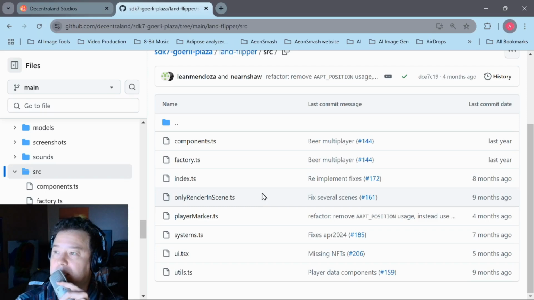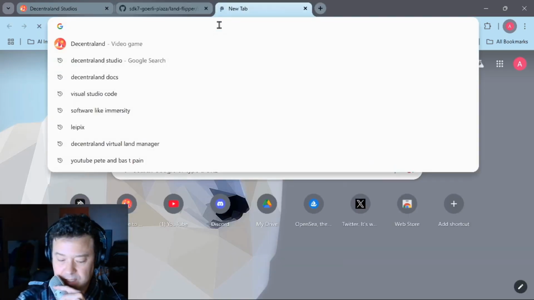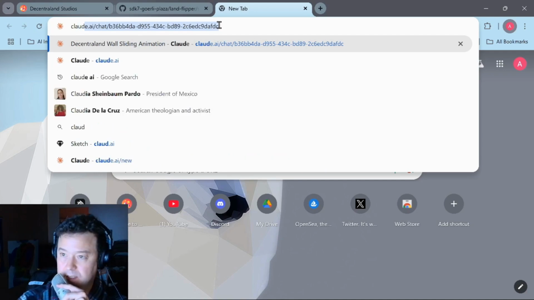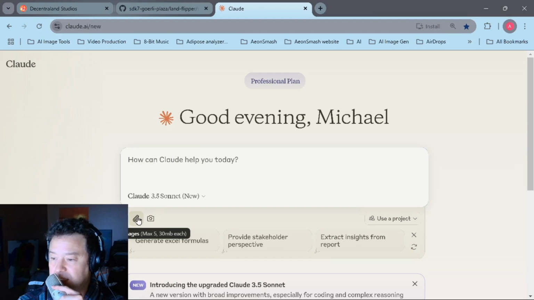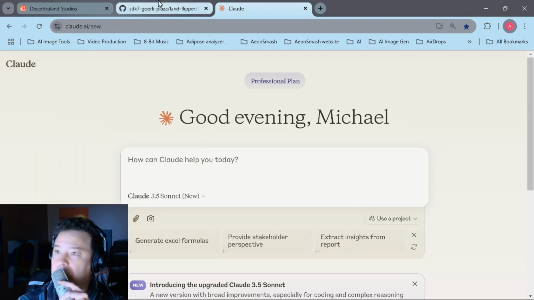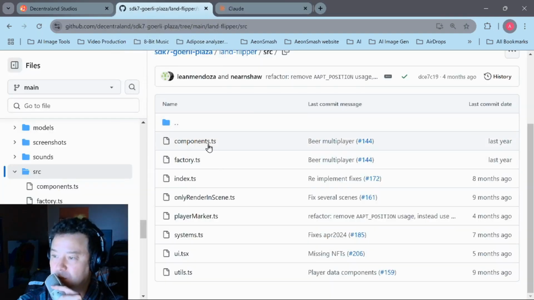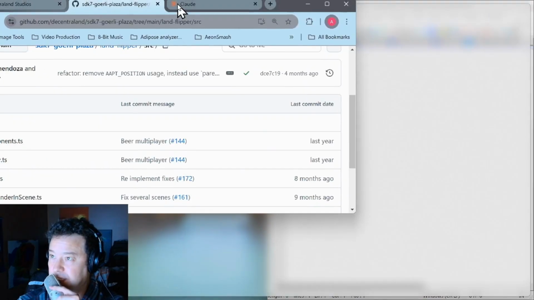What we want to do is let's jump into Claude real quick. So in Claude, we noticed that there's a limit of 5 files, so you can't upload more than 5 files. So what we can do is we can actually